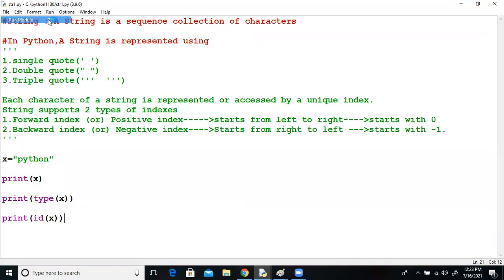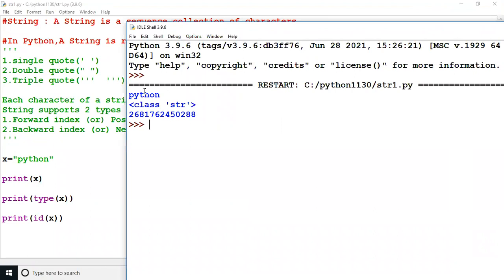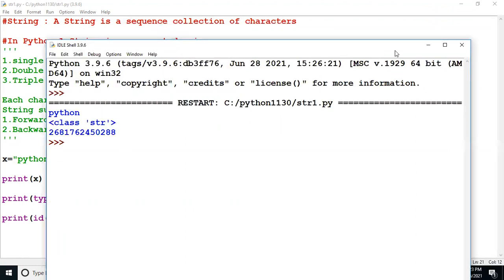Run module. Class str is the type. This is the address, and this is the value. Right. Indexing, if you want to print that